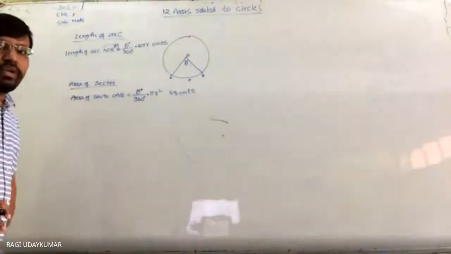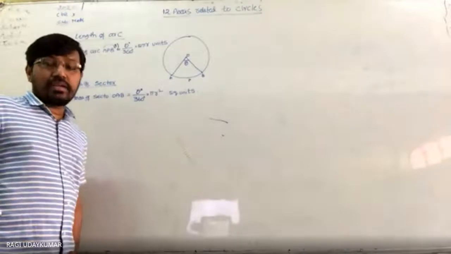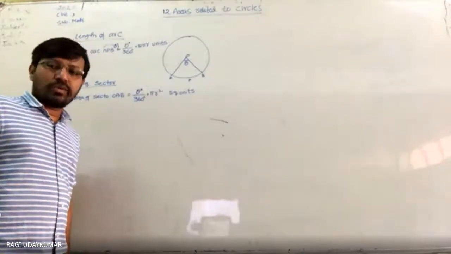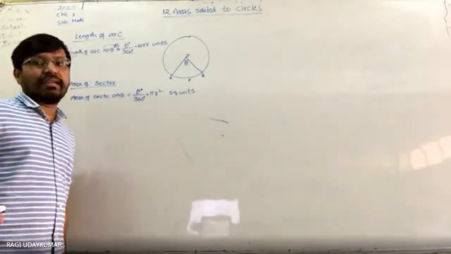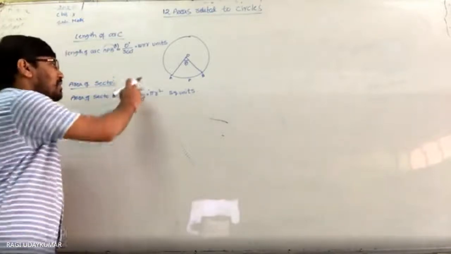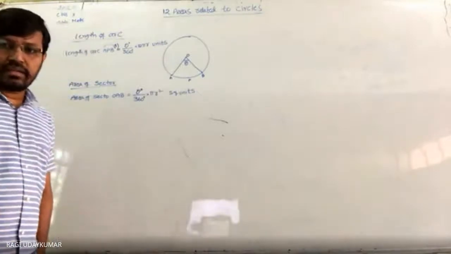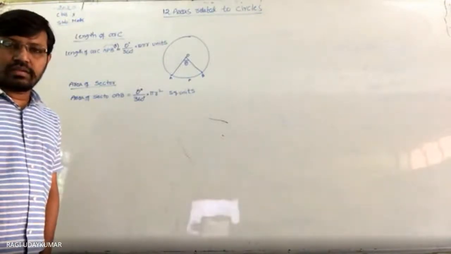So you know only about degrees till now, but angle can be measured in degrees, radians, and grades. That you are going to learn in the trigonometry of class 11th. So now here theta by 360 into pi r square. Is the board visible to you clearly? Yes, sir.